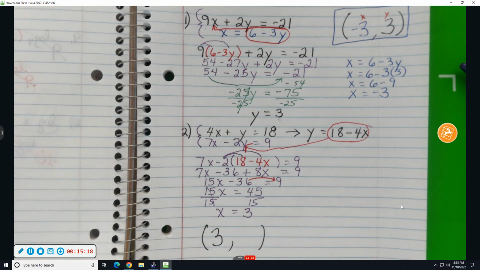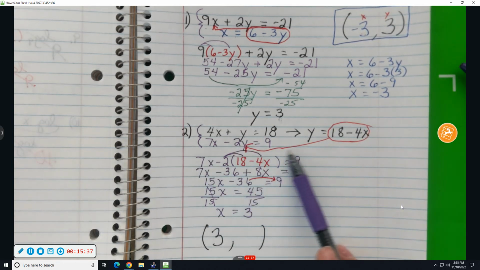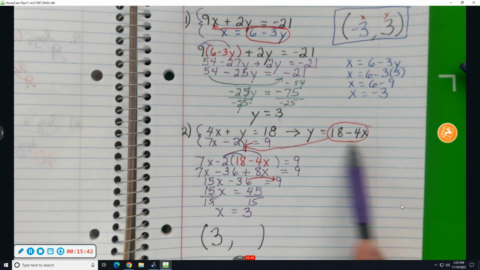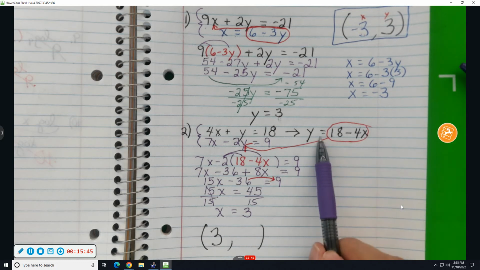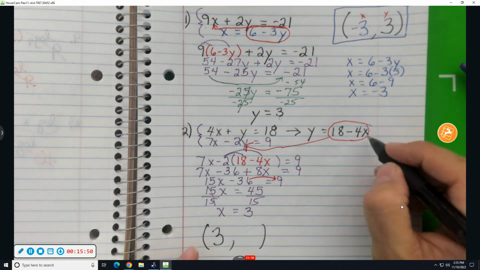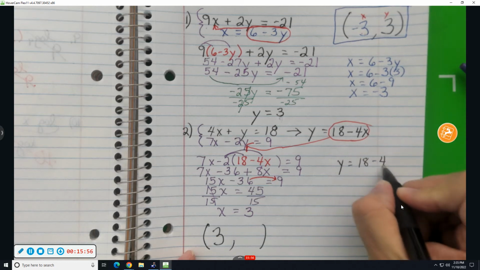Well, how do we find the y value? It's called substitution. Take this purple 3 and plug it in for any x you want up here. What's the easiest equation to plug into? You're trying to find y, so the top one, where it's already solved for y. If you take y equals 18 minus 4x, and plug the 3 in right here,